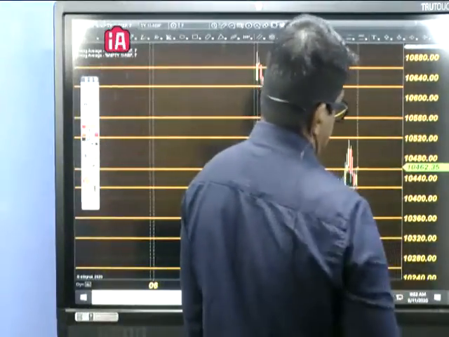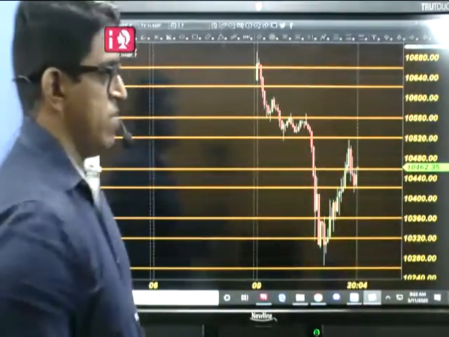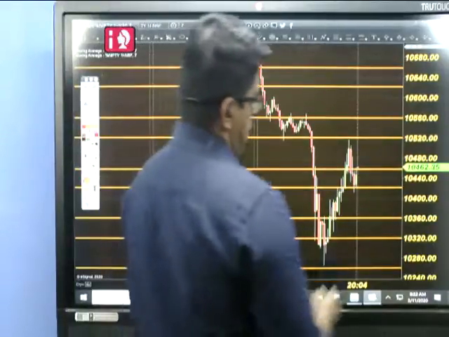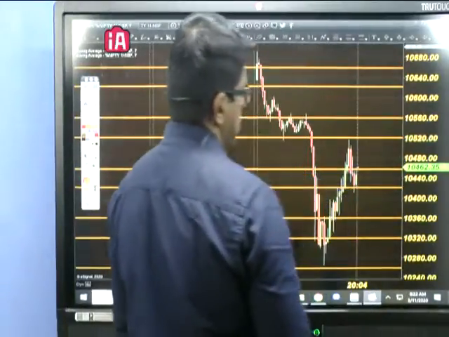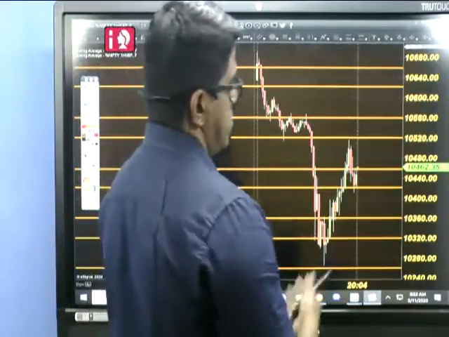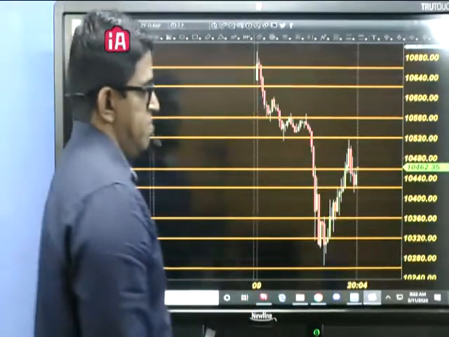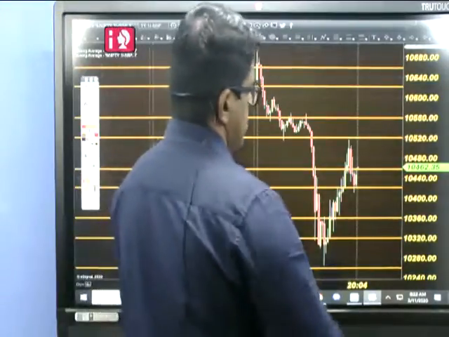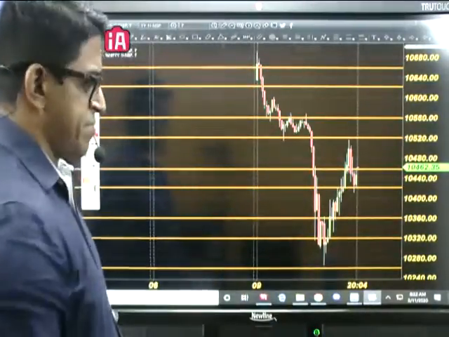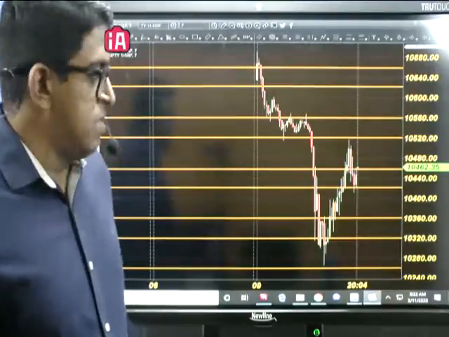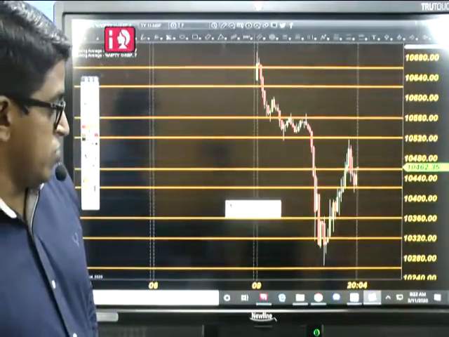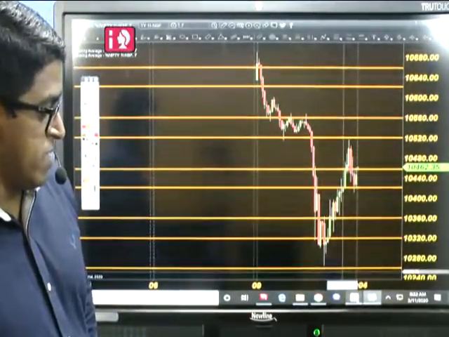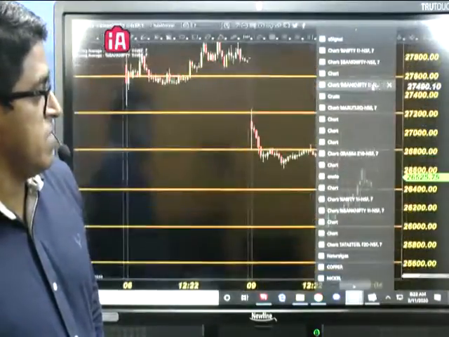Hit on resistance. You can go a little bit out of the money because the volatility is high, so you will get the benefits, or at the money option, so that you can have some protection on the stop. It should be 100 points or above on average. Since the volatility is very high, the stop loss range will also be high. Nothing more to add in the Nifty index. Let's move on to Bank Nifty and see what's happening there.